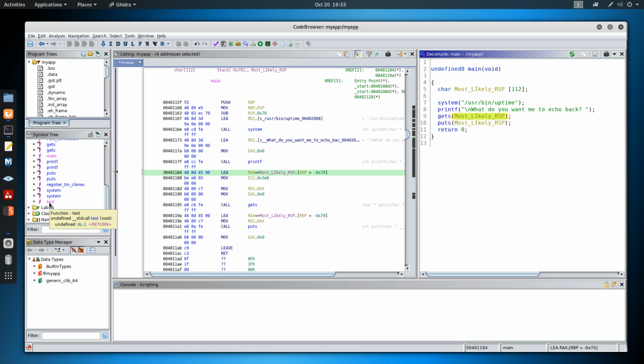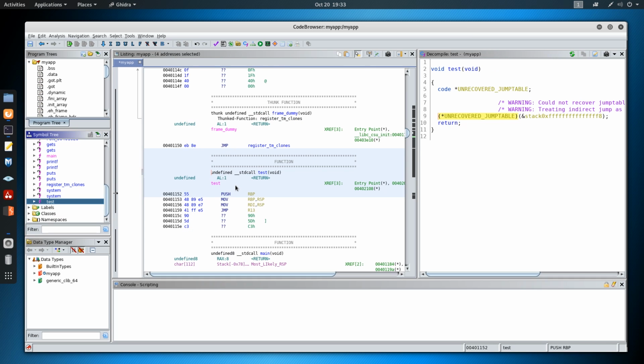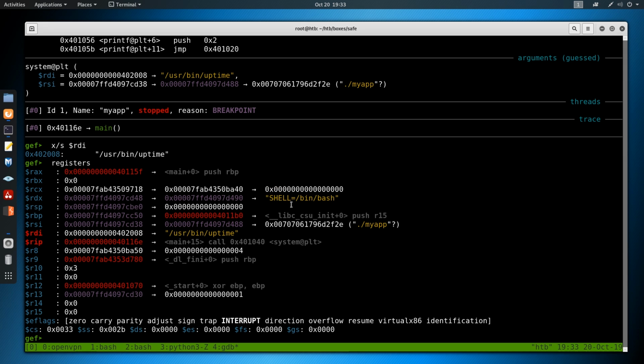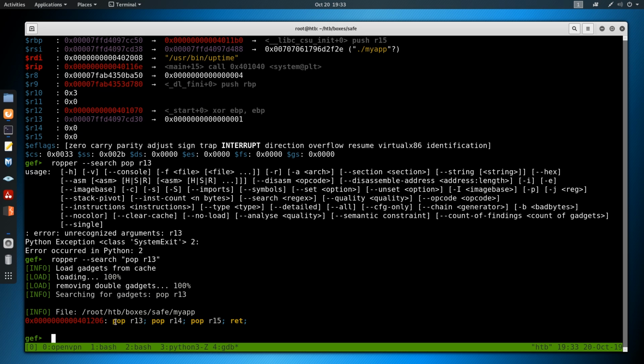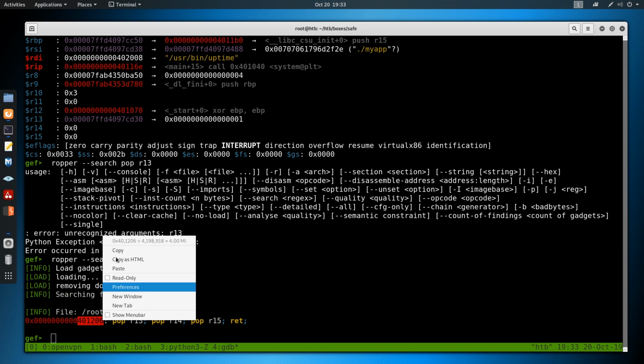And if we do a ROP chain to test to get into this function, like we had done to get into main, then we will push RSP into RDI and then do a jump to R13. So R13 we want to be system. If we go back into terminal, we can do ropper --search "pop R13", maybe put this in quotes. There we go. We can see we have a call to pop r13 here. It's going to do 2 other pops, so we'll just put null values in these 2 and then do a return. So we want to copy this address,